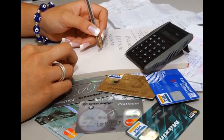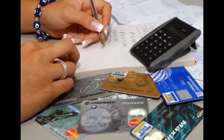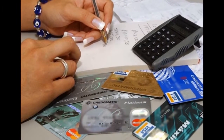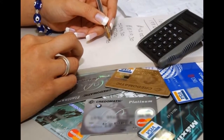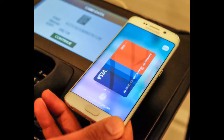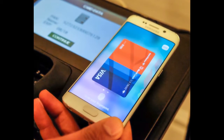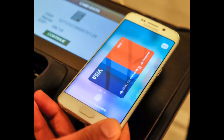Now we come to the core of the credit card selection process: which plan to choose. The costs and terms of your credit card plan can make a difference in how much you pay for the privilege of borrowing, which is what you're doing when you use a credit card. In the disclosure form from the credit card issuer, usually a small, fine print brochure, look closely at the credit